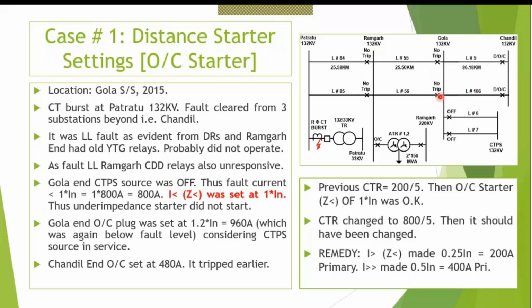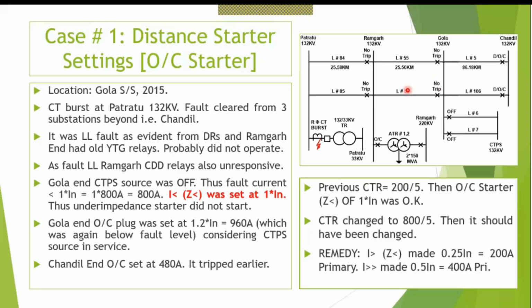The problem in this relay was that the overcurrent starter was set at such a value that the distance relay did not even start. We have a portion called starters: overcurrent starter, under-impedance starter, overvoltage starter, undervoltage starters. So that I've left out. What happened was that the overcurrent starters did not start, and then this one tripped. Ultimately, because of the non-start of distance protection over here, because the overcurrent starters did not start,